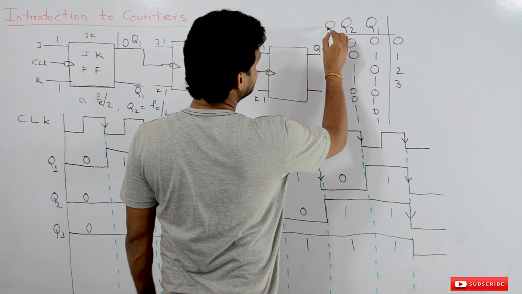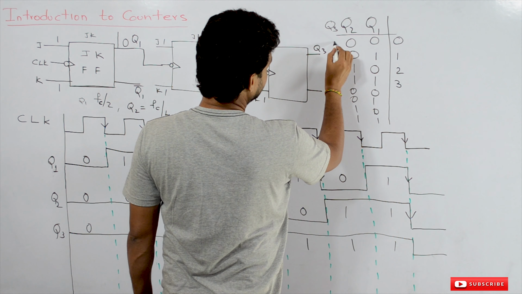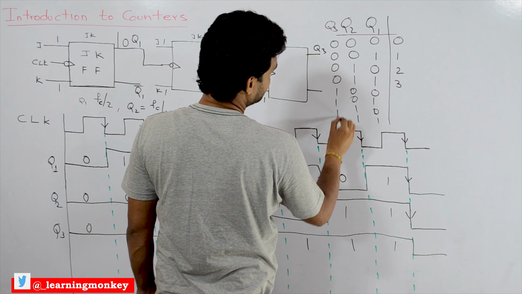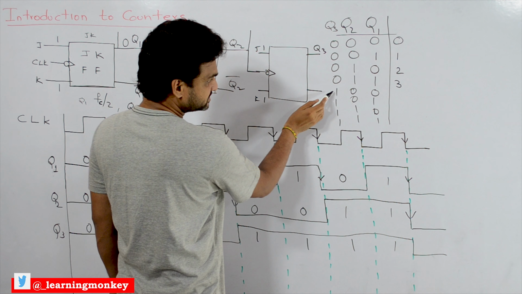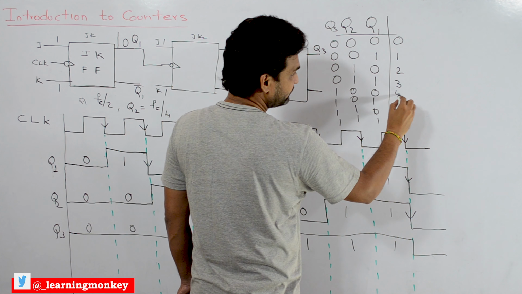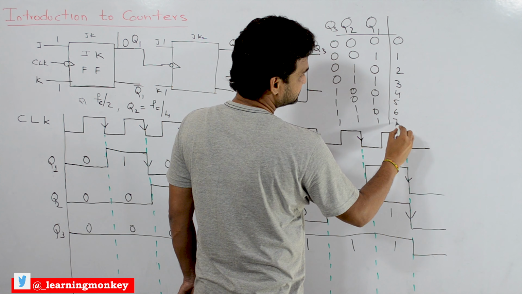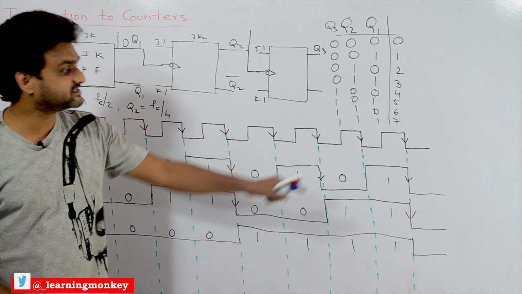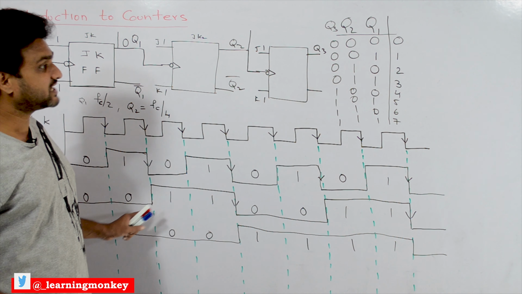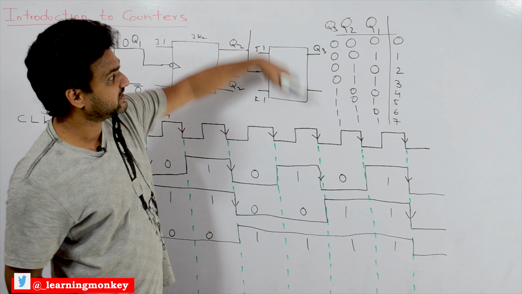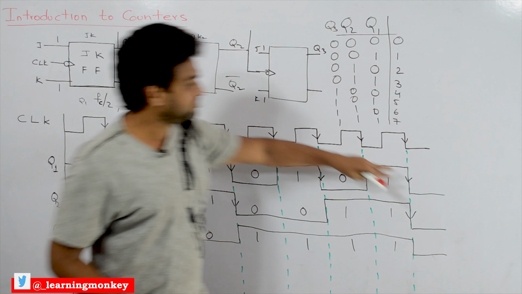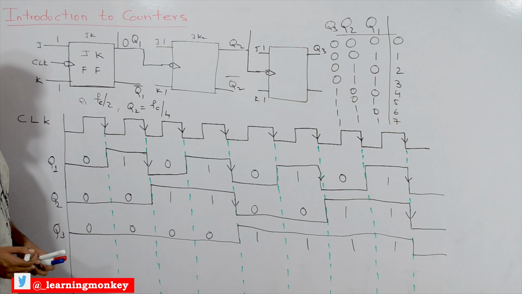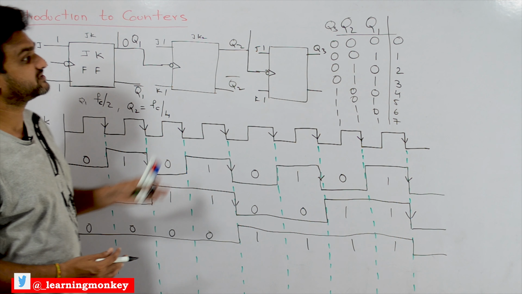So let's add Q3 to this. What happens here? It is 0, 0, 0, 0, 1, 1, 1, 1. Let's check this. What is the decimal equivalent of this? 4, 5, 6, 7. In the next cycle, if the cycle repeats, these values will get repeated again. So at Q1, Q2, Q3 you are going to get 0, 0, 0. Already we have seen this for 2 flip-flops. Okay, this is how the counting mechanism can be obtained.